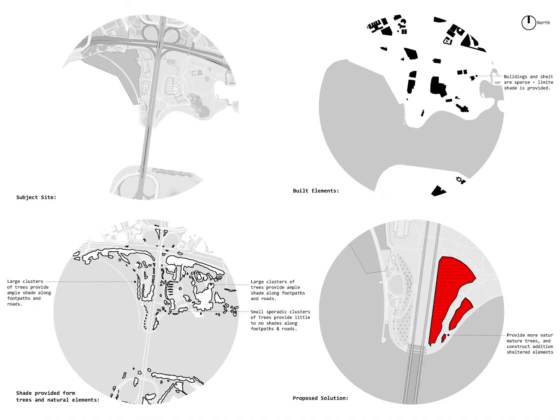These diagrams depict the built versus natural elements within the site. As you can see, the buildings are sparse and provide limited to no shade for pedestrians and others travelling throughout. The natural tree canopies also do not provide consistent shade and are situated sporadically. To resolve the issues present in regards to shade, the site requires more built or natural tree canopies to be